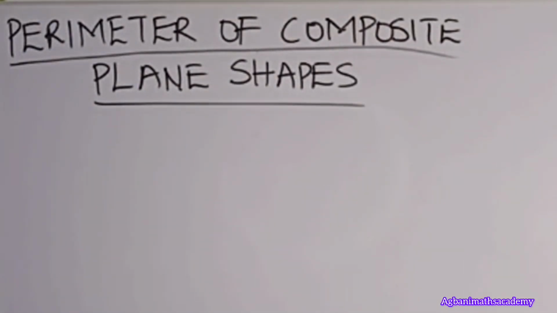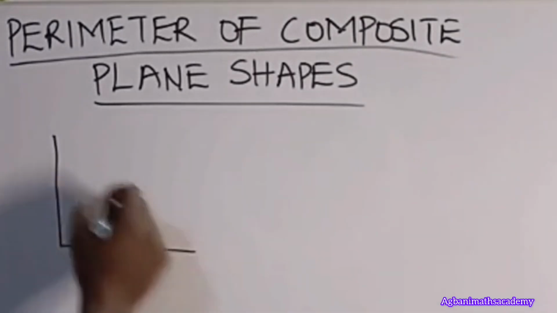Perimeter of composite plane shapes. So we know that the perimeter of a 2D shape is the sum of the lines surrounding the 2D shape. So if I have a regular 2D shape like this,